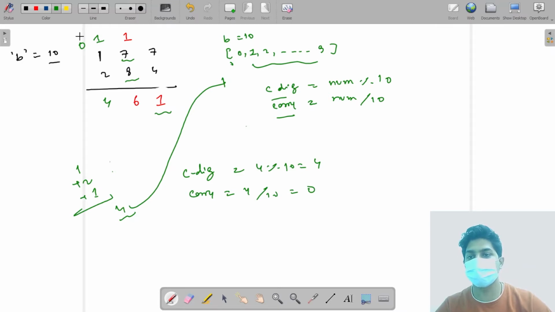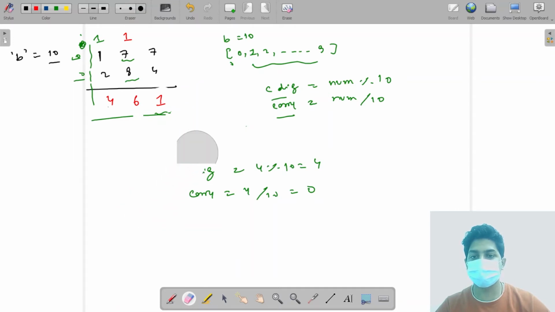Okay, so now 0 is nothing, so we have completed. We have nothing left, only the number 0 is left, so that means our addition part is done. What we just performed is decimal addition. Now let's try to perform this same addition in some other base.